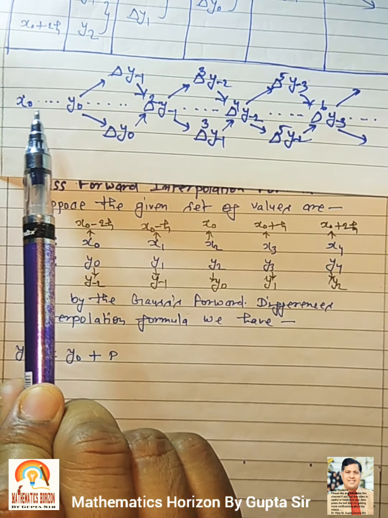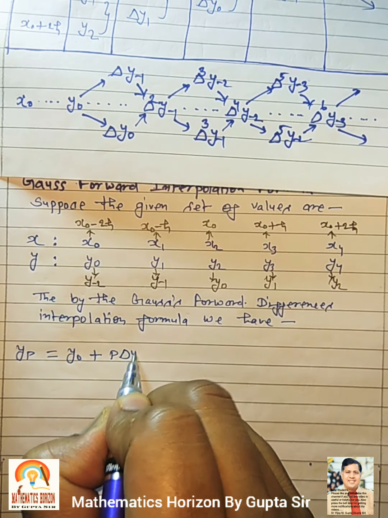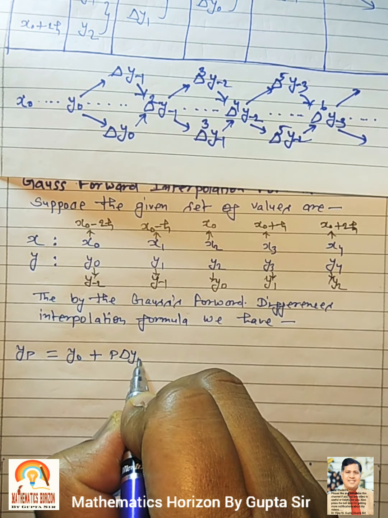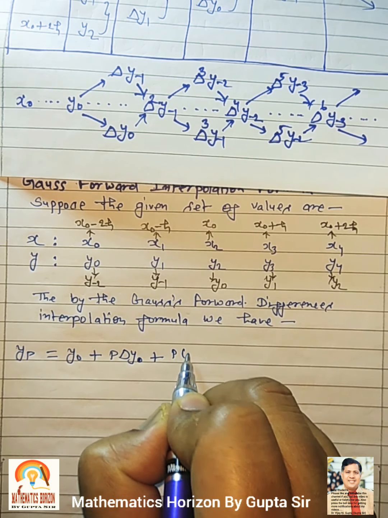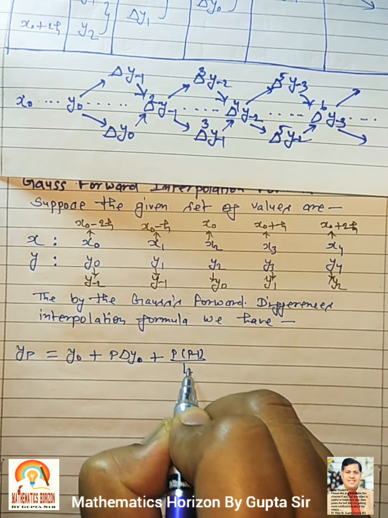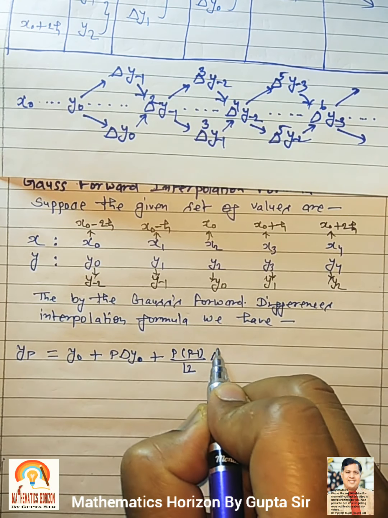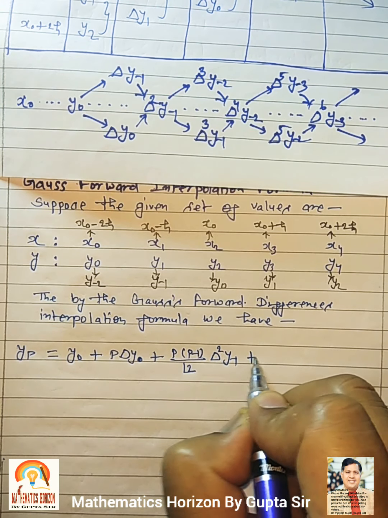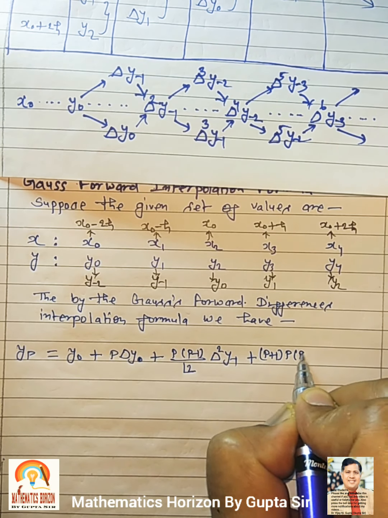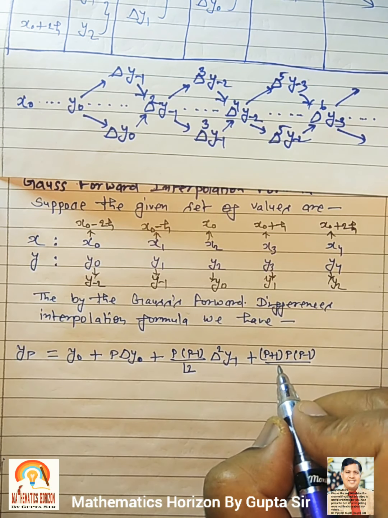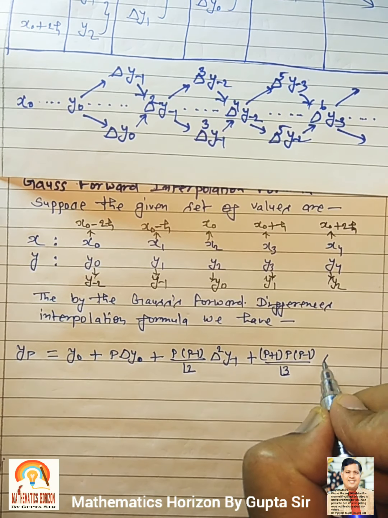Okay, y0 plus p del y0 plus p into p minus 1 upon factorial 2 del square y minus 1 plus p plus 1 p minus 1 upon factorial 3 del cube y minus 1